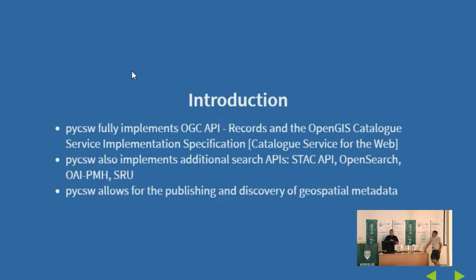It supports a number of different search APIs. So in addition to Records and CSW, it supports STAC, OpenSearch, the Open Archives Initiative Protocol for Metadata Harvesting, something called SRU, which is a standard from a long time ago, but we still have that support. And the basic workflow is that you can publish and discover your geospatial metadata, whether you have ISO metadata